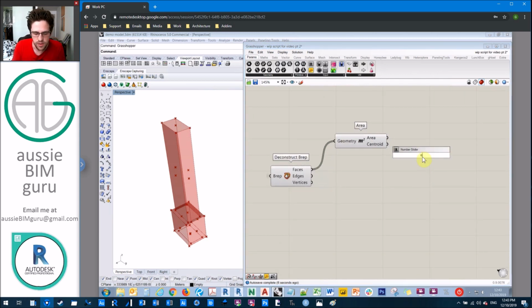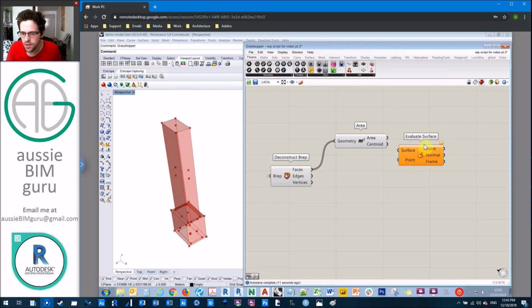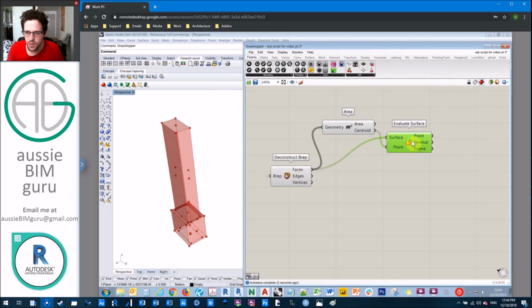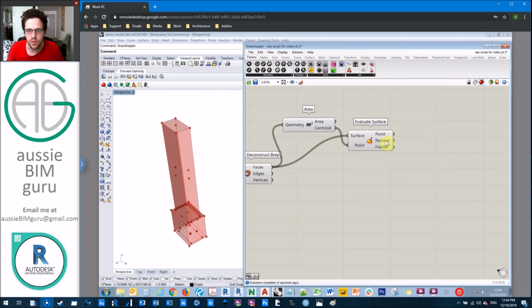So I'm going to look for evaluate surface, and this is a fantastic node. It gives you a lot of information about a surface at a point. So at the center of each of those faces, I want to find out a bit of information. One thing that we get that I care about is my normal, which is basically the orientation of the